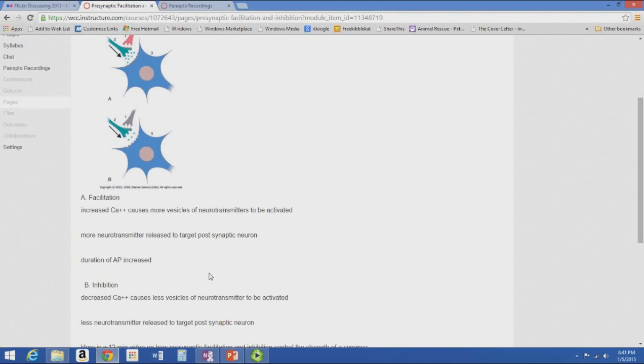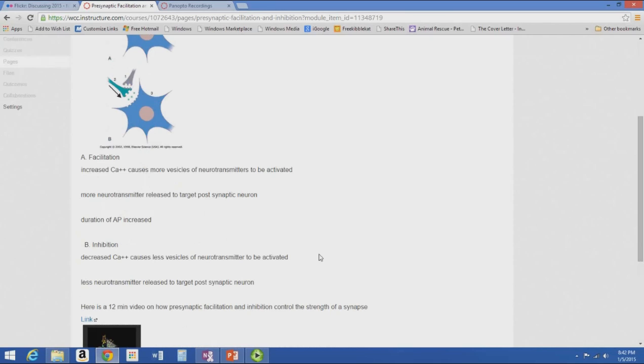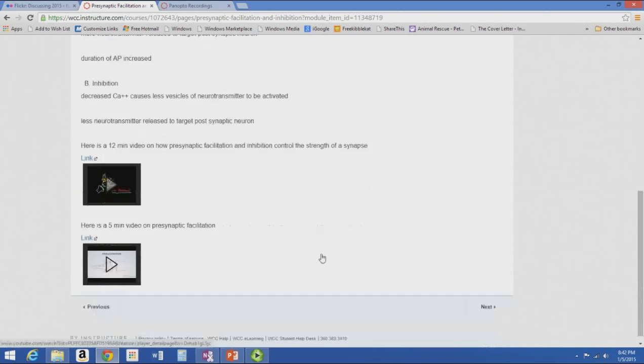In B, the interneuron, which is the gray one, releases an inhibitory neurotransmitter. It causes fewer vesicles of neurotransmitter to be activated. In number 2, less neurotransmitter is released into the second synapse, and there is less of an effect on the target neuron. Okay? So there are a couple little videos, they're pretty short, of presynaptic facilitation and inhibition,